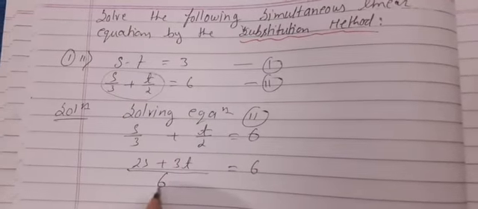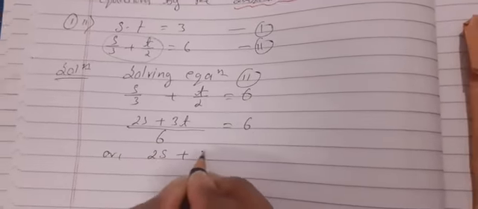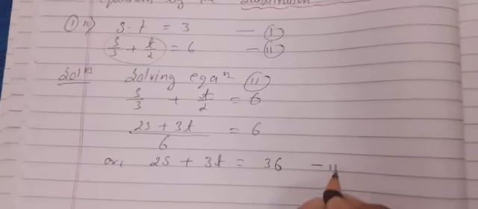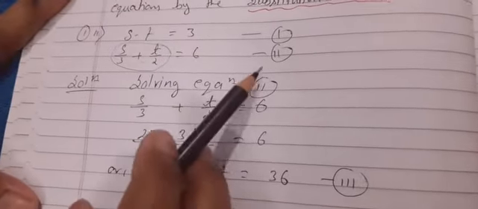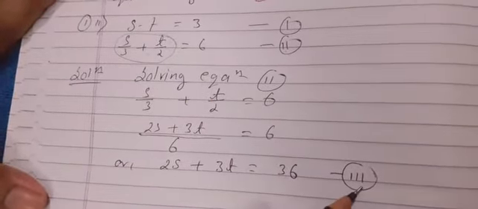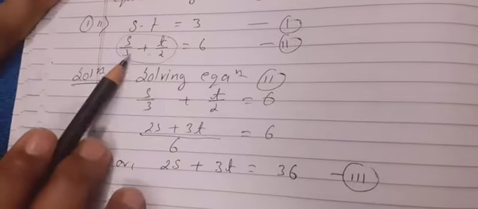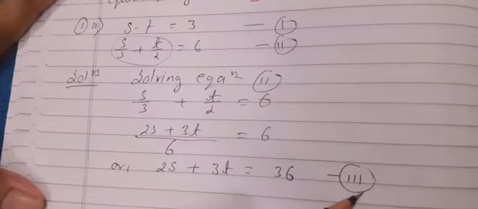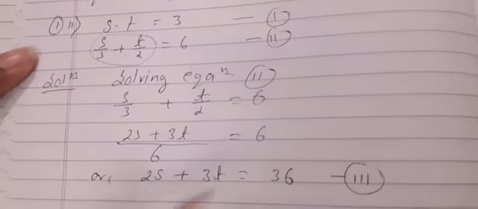This is fractional addition. Okay, now this will be cross multiplied, so 2s plus 3t is equal to, cross multiplication, 6 sixes are 36. So our equation 2 became this form. Children, don't be confused. Our first equation will be this one, and this equation 3 is just the solved form of equation 2. So both equations are the same. Now see, the fractional numbers are changed into whole numbers. So with the help of equations 1 and 3 we will continue the sum, because this equation came from equation 2.